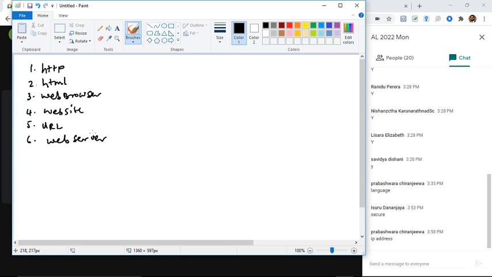We have discussed the HTTP, hypertext transfer protocol, then HTML, hypertext markup language, then the web browser, website, URL